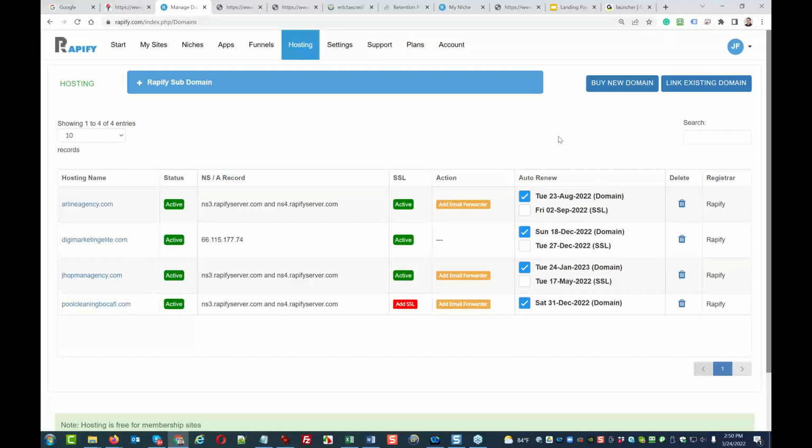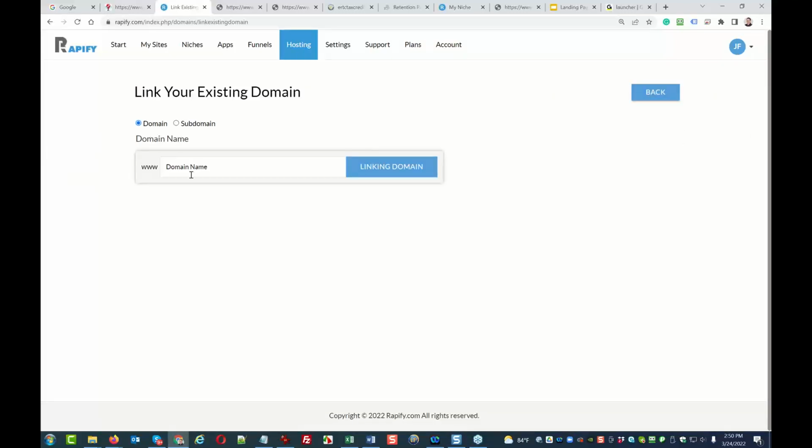If you do not have SendEagle and you want to link an existing domain, you click on link existing domain, and you get a domain name here. Let's say I just use ertc.com. Okay, link domain. Now it will show the name servers.